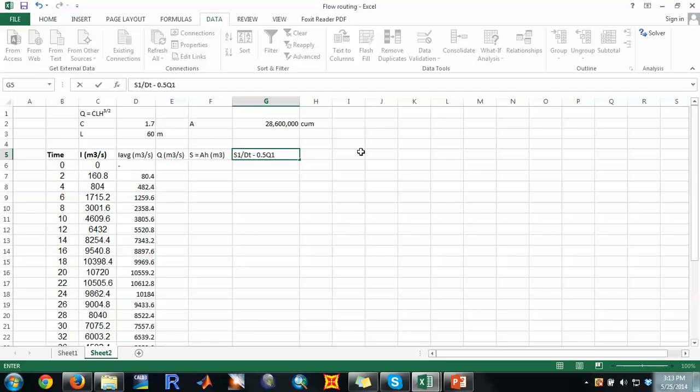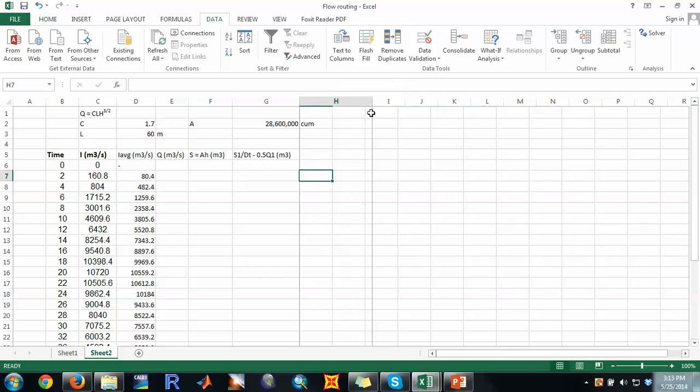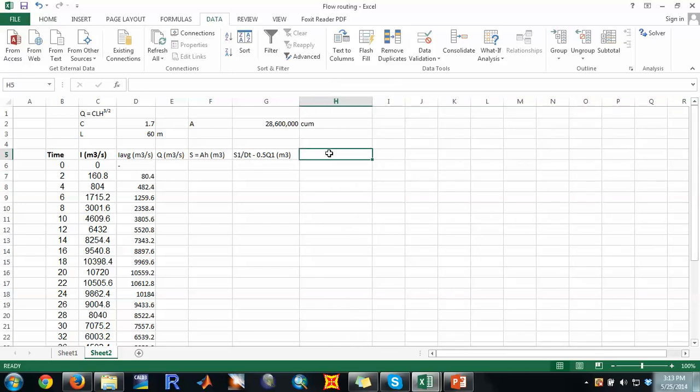q1 times 0.5. This is also in meter cubed. So in this case, we need to have time delta t. We'll see how to find time delta t later. At this point, this value plus this value will give you the storage, or change in storage, at time